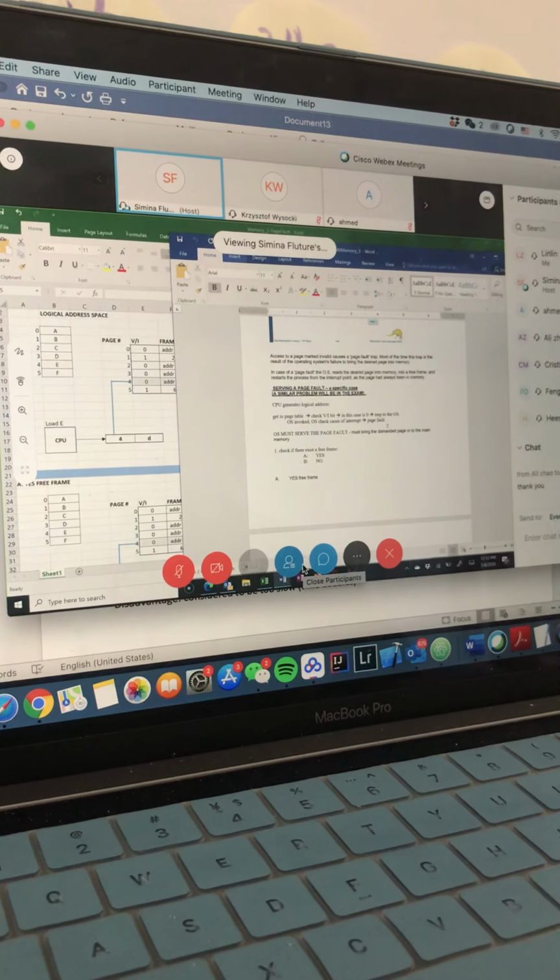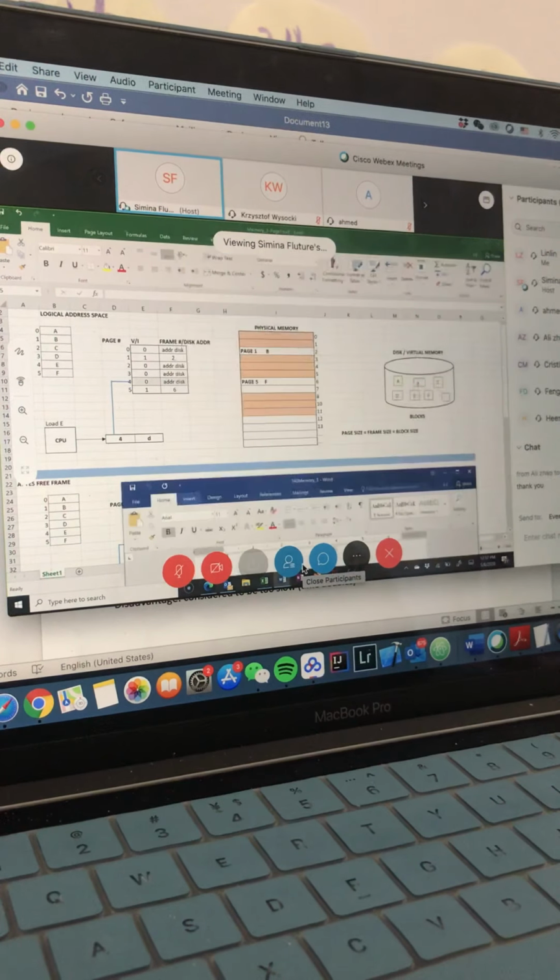So a page fault happens when the CPU makes a reference to a page that is not yet in the main memory. The operating system must serve the page fault. By that we understand that it must bring the demanded page into the main memory. Otherwise, the CPU cannot continue the execution. And we have a couple of situations. So we need to copy the block corresponding to page 4, in our case this block, into the main memory.